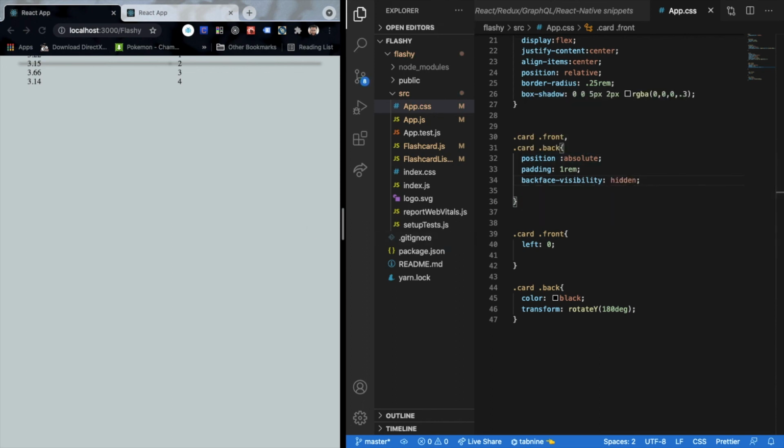Perfect. Now we have something that could really help us out, and this is exactly where we want our app to go right now. We have our options being displayed, and we have basically everything working over here. Next, we need to make sure that whenever we click on this, our state gets reversed and we are able to see our variables. That is something we'll be covering in the next video.